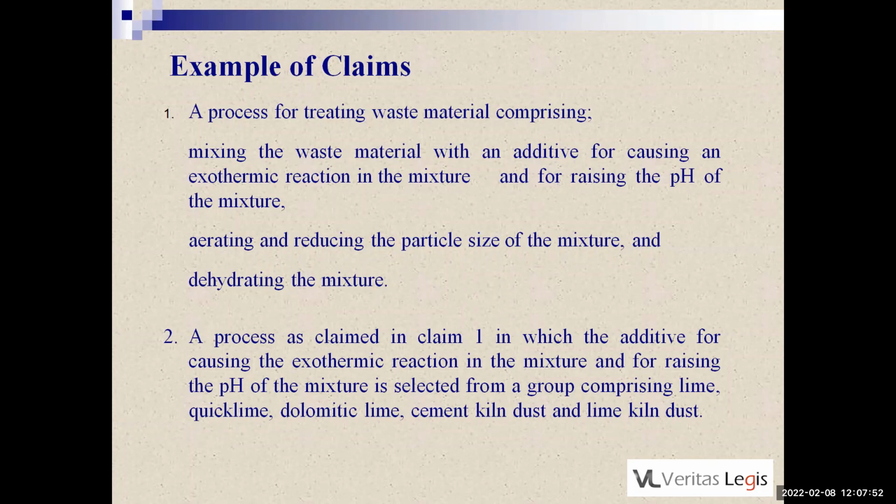See, now the first claim says mixing the waste material with an additive. So what is this additive? We are defining this additive in the second claim. This additive can be selected from the group of so many things. We are not defining it in the first claim, because it could be anything. So these are the dependent type claims. So I think we have next